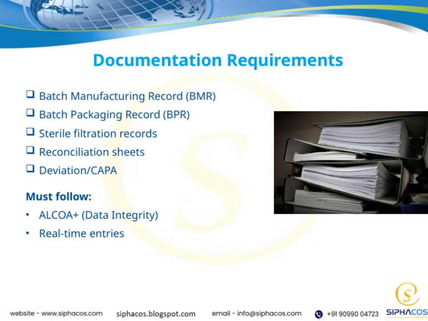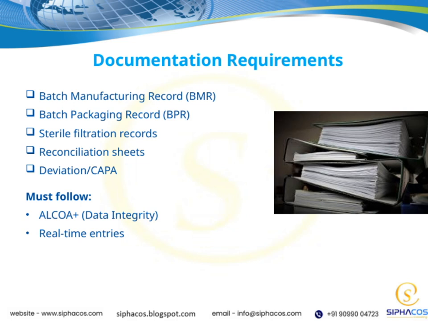Sterile filtration records are equally important, as they verify that the sterilization process was performed correctly, maintaining the product's integrity. Reconciliation sheets are used to compare expected versus actual quantities, helping us catch discrepancies early. And finally, deviations and CAPA records track any deviations from standard procedures and document the corrective and preventive actions taken